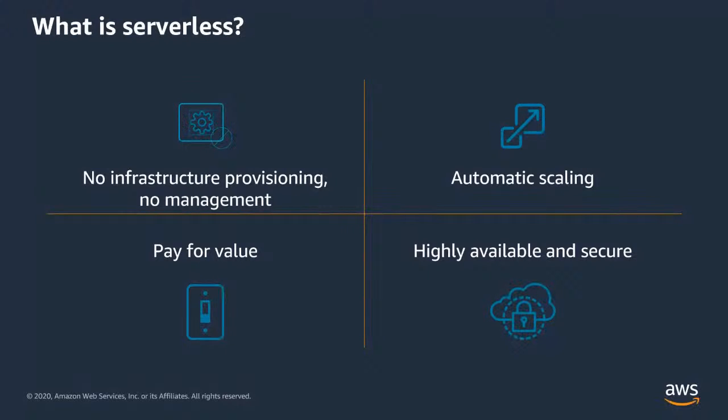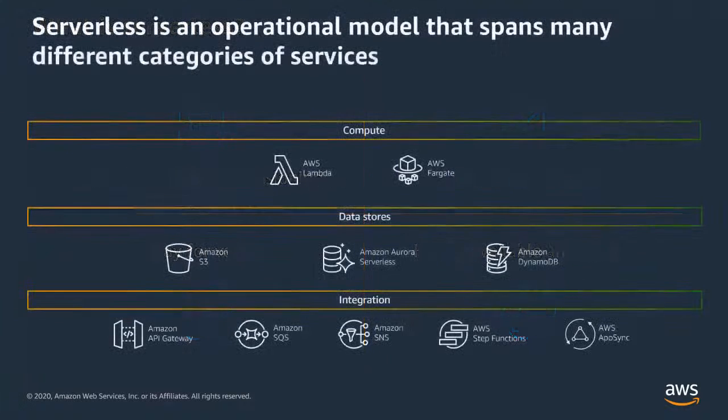And you're also talking about it being highly available and secure. The fact that you don't have to worry about provisioning servers means that anytime you invoke a function, you're sure that after a certain amount of time, like the initialization and all that stuff, your request will be handled by a Lambda, right? Or by a serverless service in this matter. So in this case, AWS Lambda or anything else. And serverless is an operational model that spans many different categories. Like I mentioned, there are three dimensions you would look at from services. So one is compute, one is data stores or basically databases, and storage is what we saw.